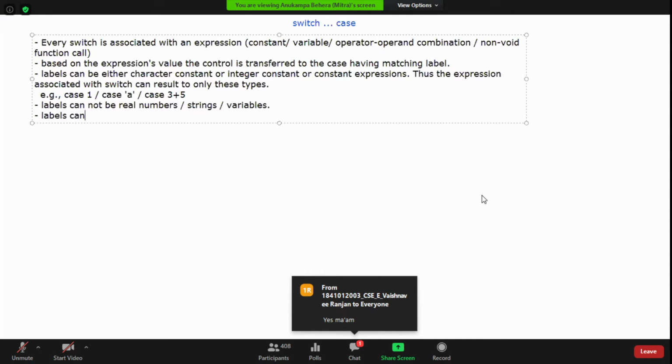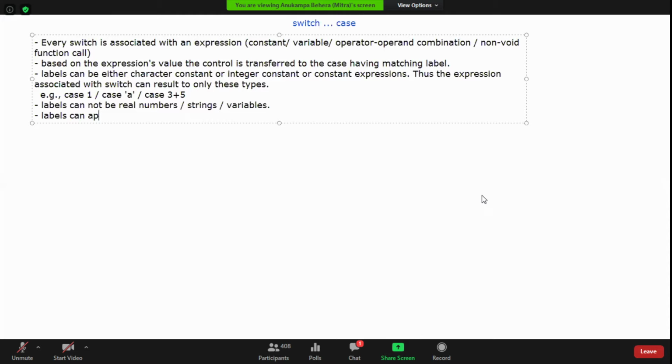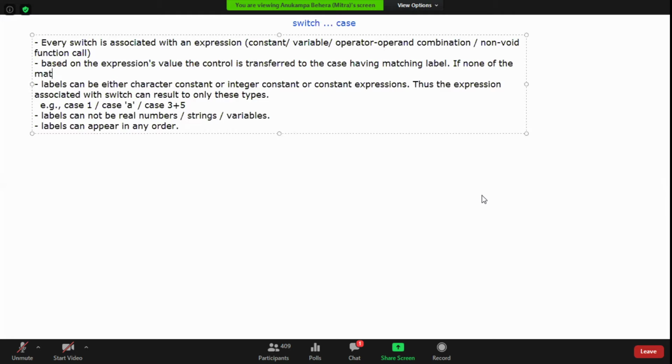Labels can appear in any order. Achha, one more thing I forgot to write: if none of the labels match, then default is executed.